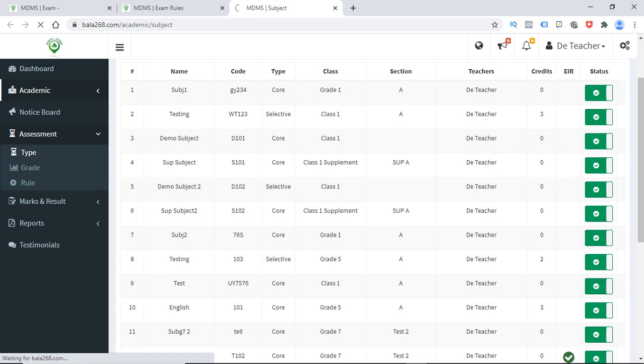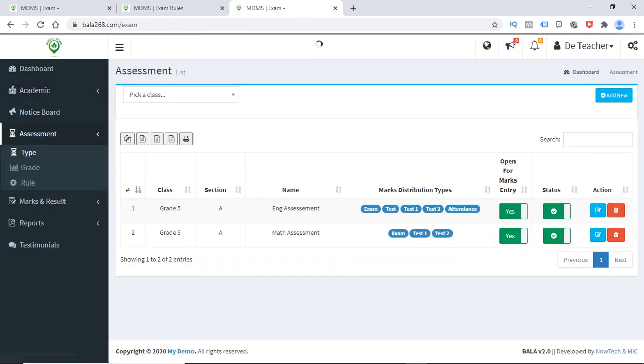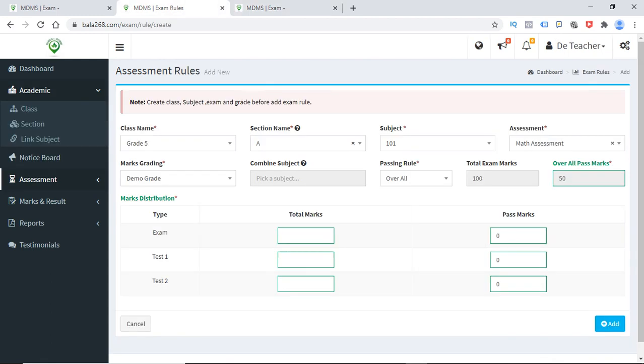Let me just go to the assessment types. These are the assessments that you created. So they'll be displayed down here. So now,